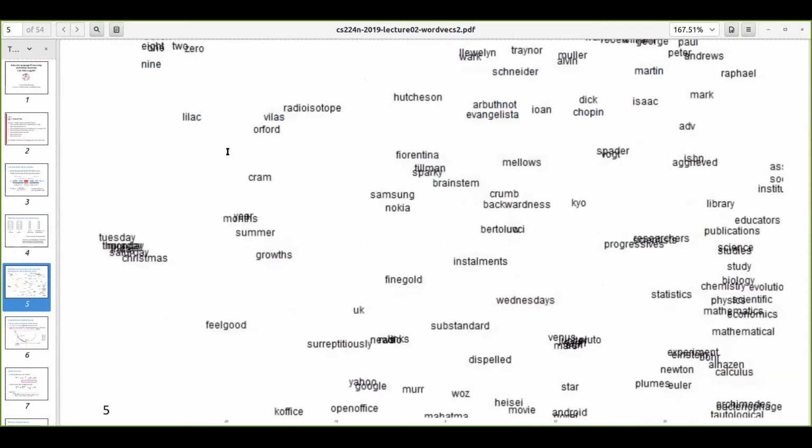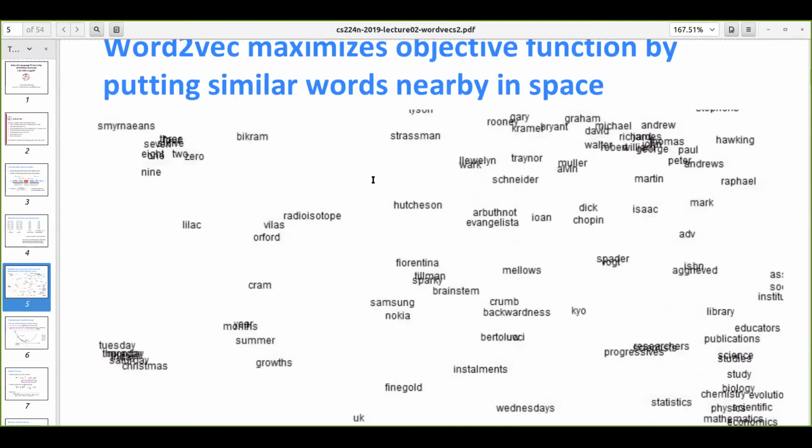So as we can see here, we get some sort of information from this kind of plot. But the problem with this sort of representation is that if you see here, we have two words, Samsung and Nokia, and somewhere we have